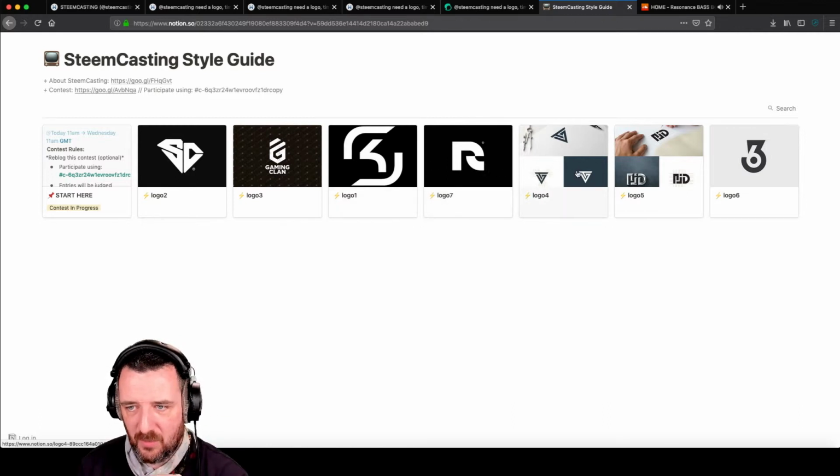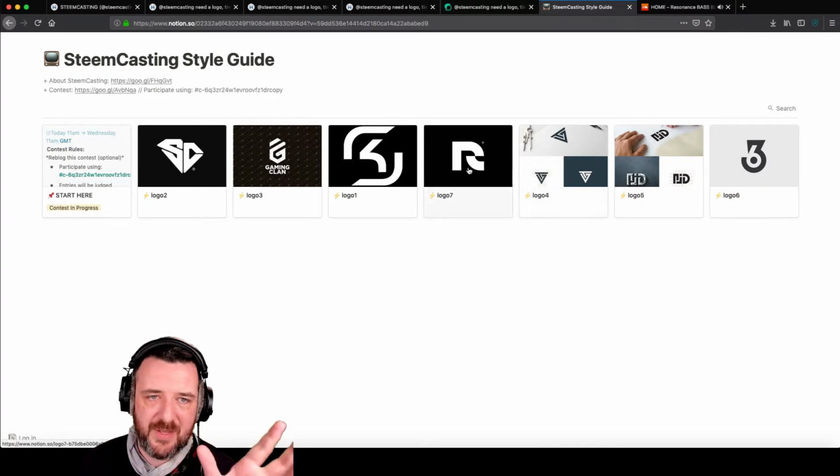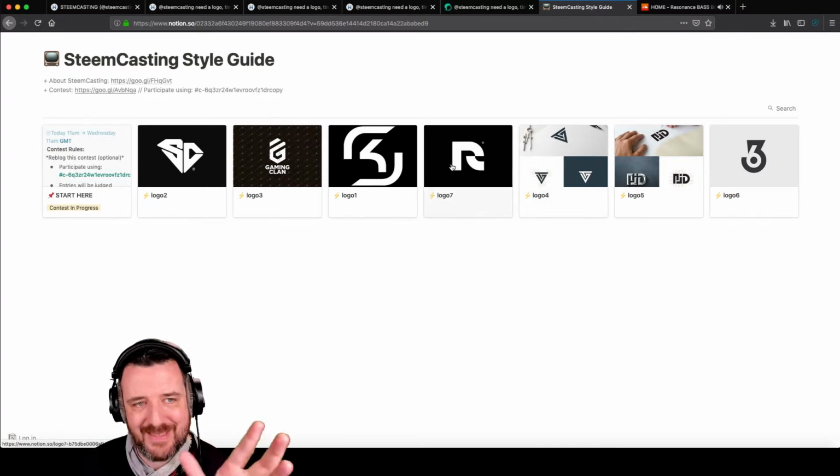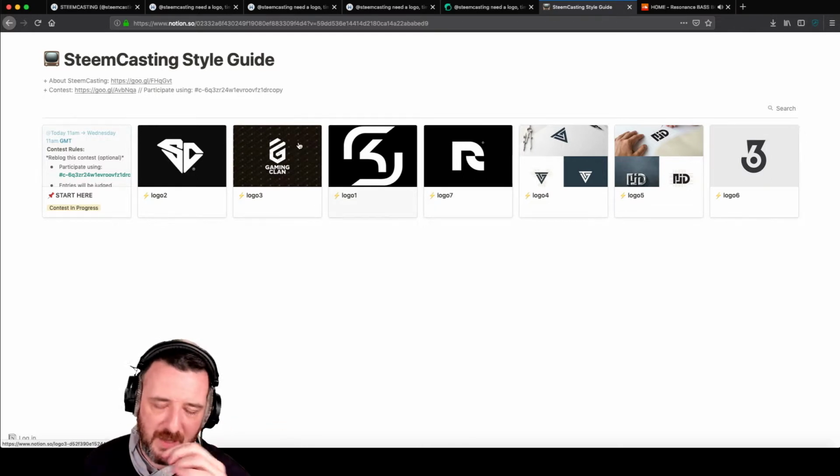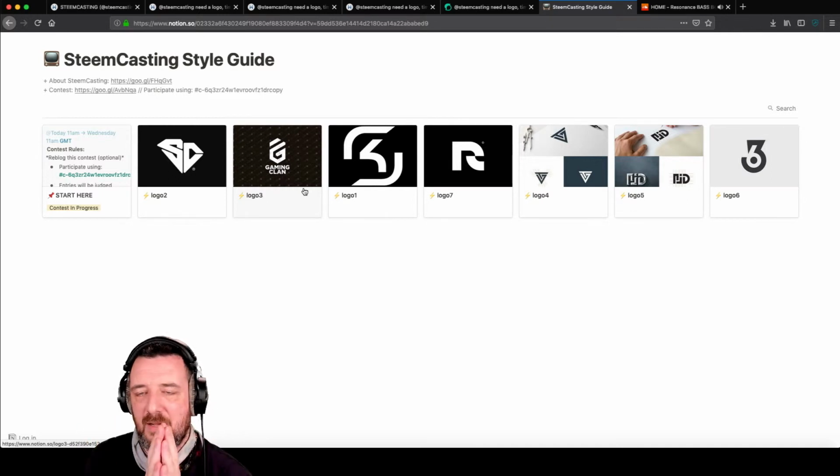I really like this logo. We both sat and had breakfast this morning and really like this logo 4 style, but something that incorporates, you know, S and C, or maybe Steem and casting all together in one word, or a symbol with the word underneath. But it's got to be clean, and work really well in low and high resolutions,